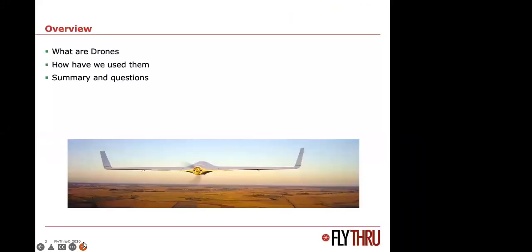What are we going to cover? What are drones? What are UAVs, RPAS, the amazing number of acronyms that describe what we have and what we fly and what we float and what we have submerged to obtain data on behalf of our clients. I think the biggest factor we all need to take into consideration is that it's not about the drone, it's about the data it collects. There's no point having something very flashy if the client at the end of the day can't do anything with the data, or the data is not as useful as they thought it might be.